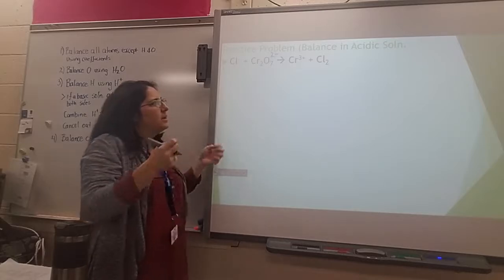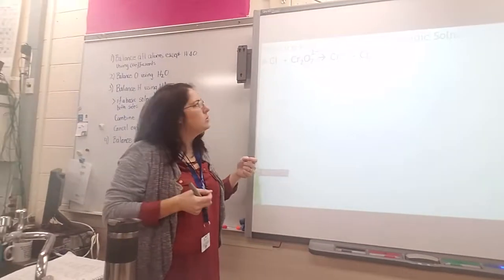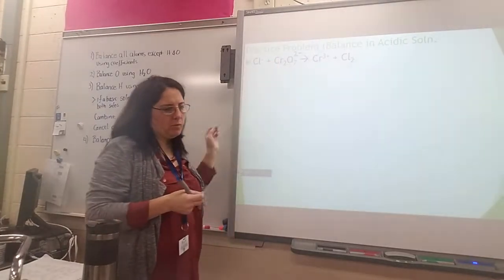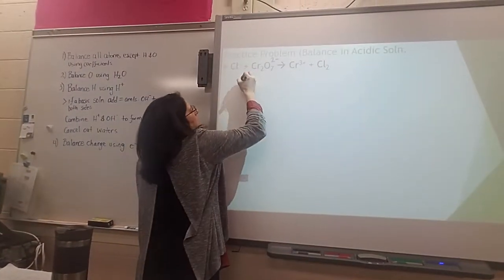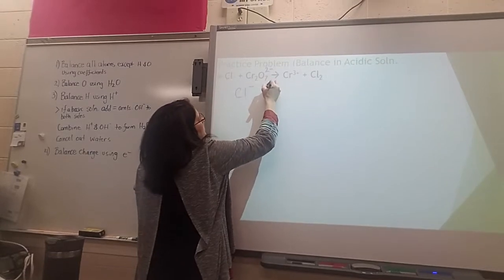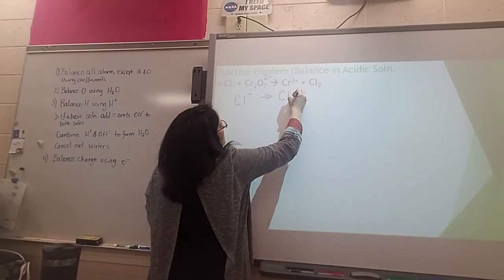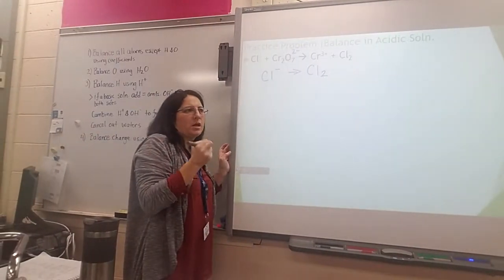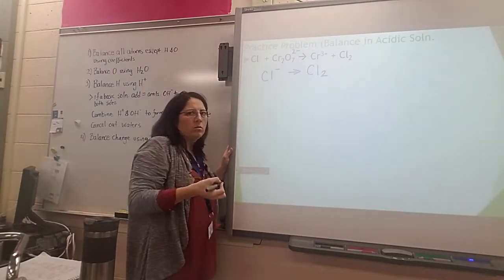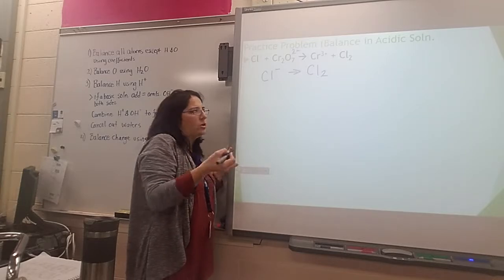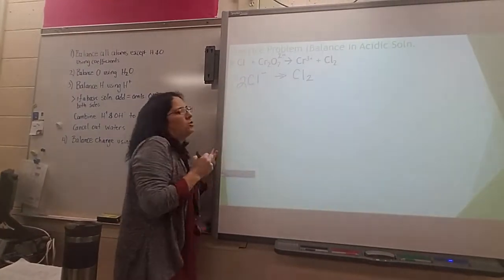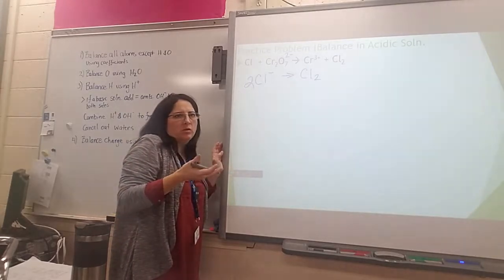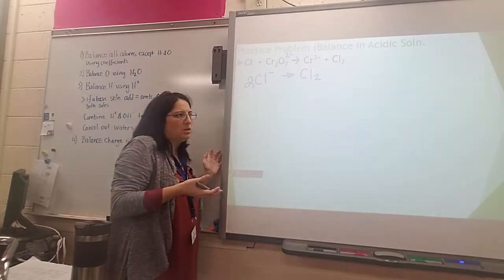So we're going to break these down into 2 half reactions. So the Cl's will go together, and then the chromiums will go together. So Cl, I've got Cl minus, yields Cl2. First step, I'm going to balance my things that aren't oxygen or hydrogen. So I'm going to put a 2 there. I don't have oxygen or hydrogen to balance, so I don't need to mess with the next few steps, but